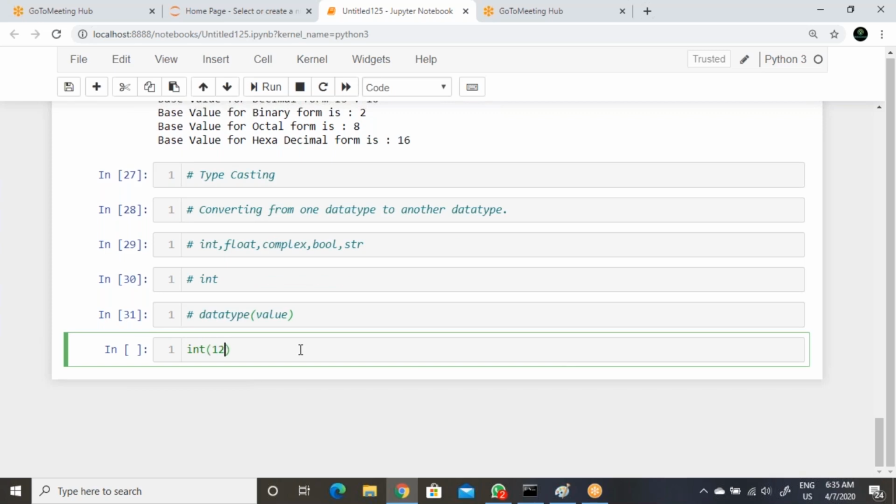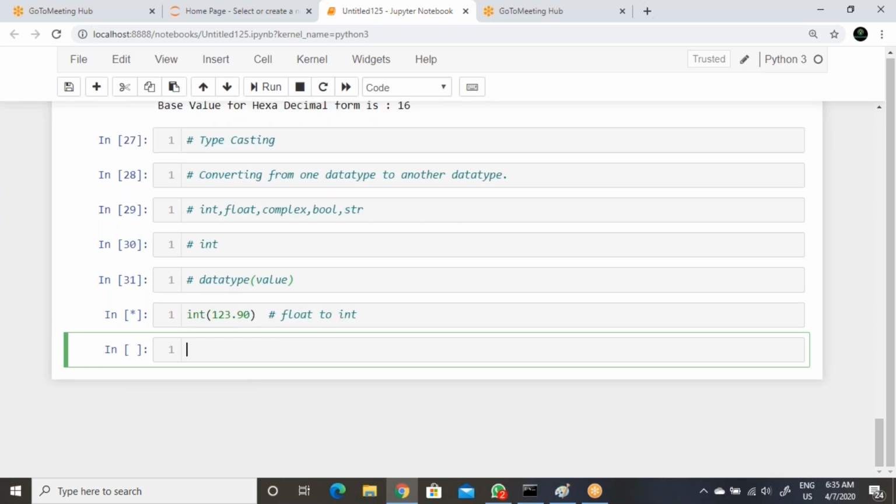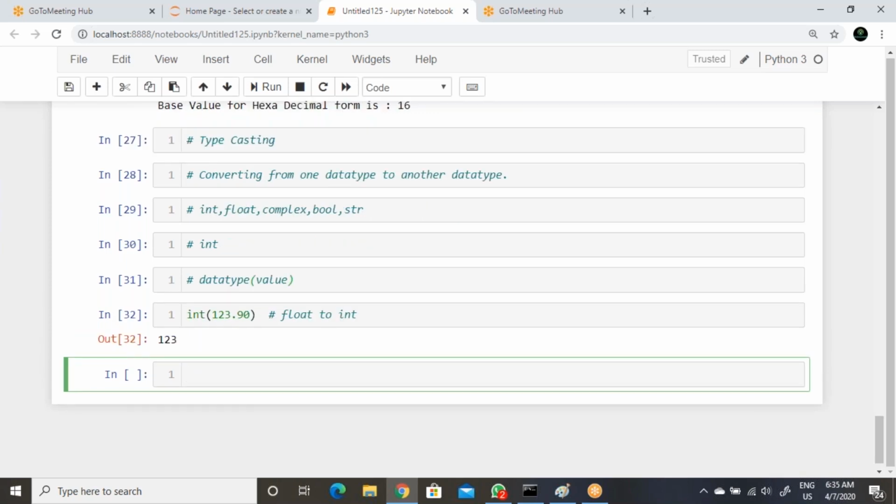If you are not able to get this logic in one line, you can just extend your code. Let's take a equal to 123.90. Then print of a, then print of type of a. Then b equal to int of a, that is called typecasting here.